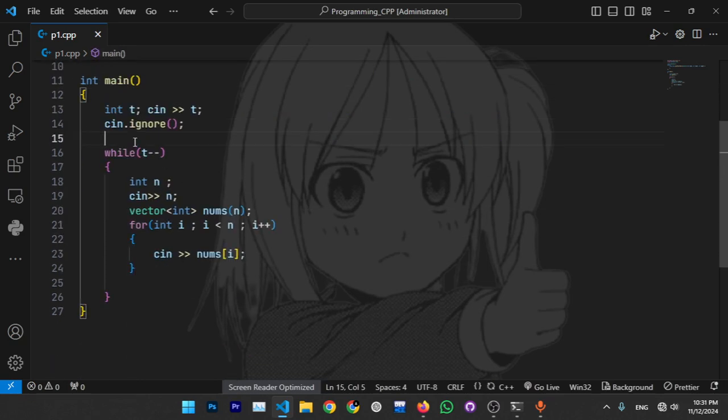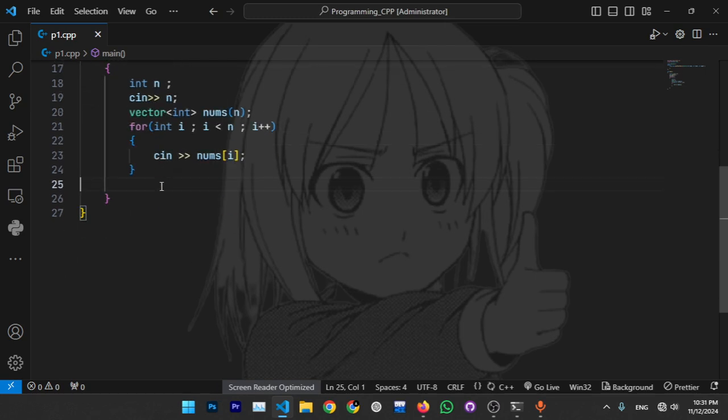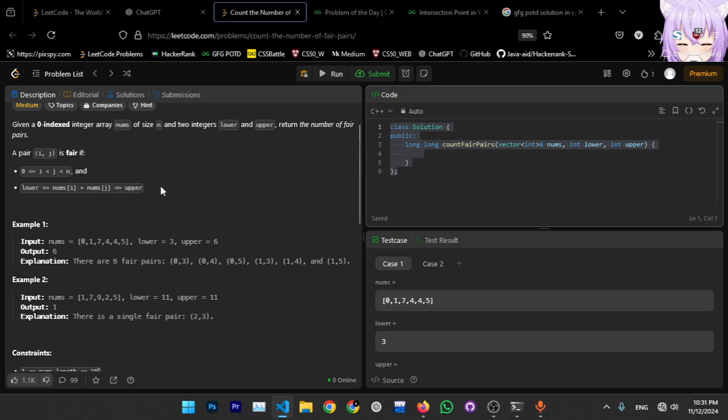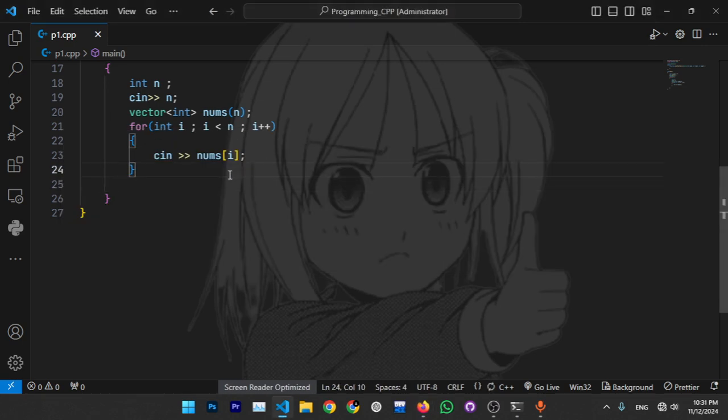So for that, the class name and the object name, and here we call it. Okay, so we get the number of pairs. Return the number of pairs, which means an integer value. So int result,